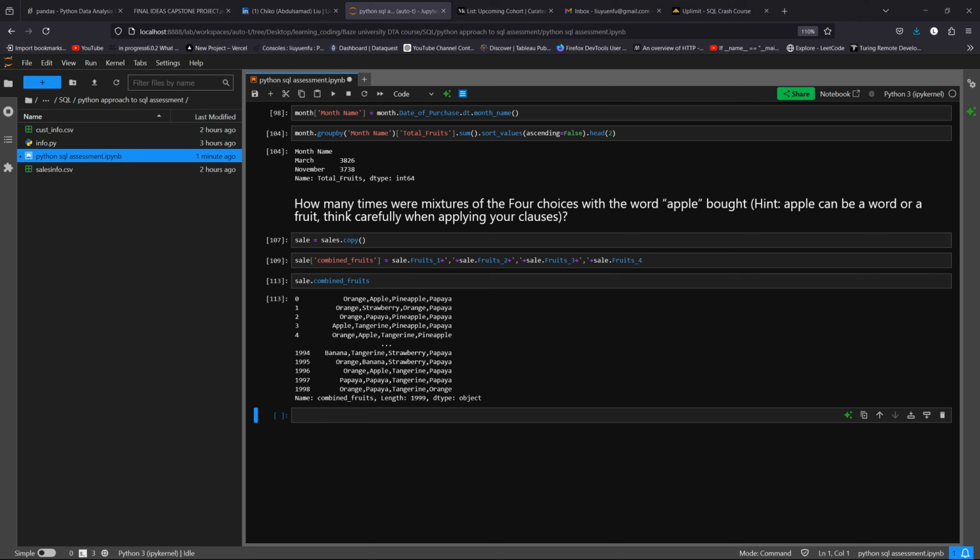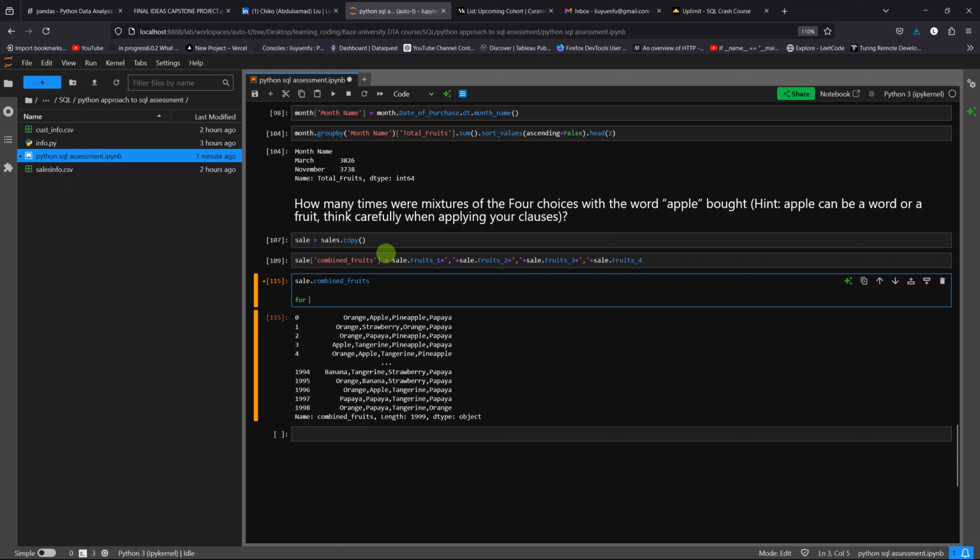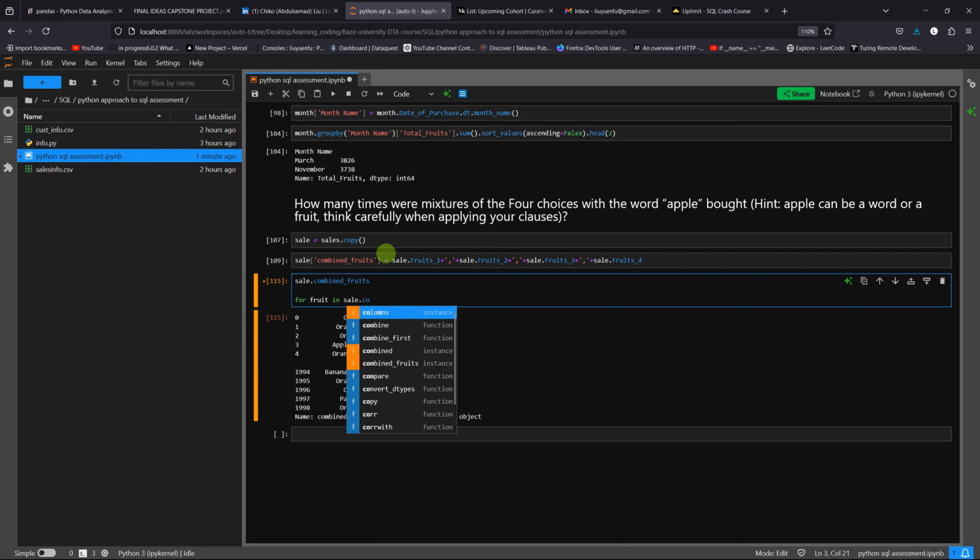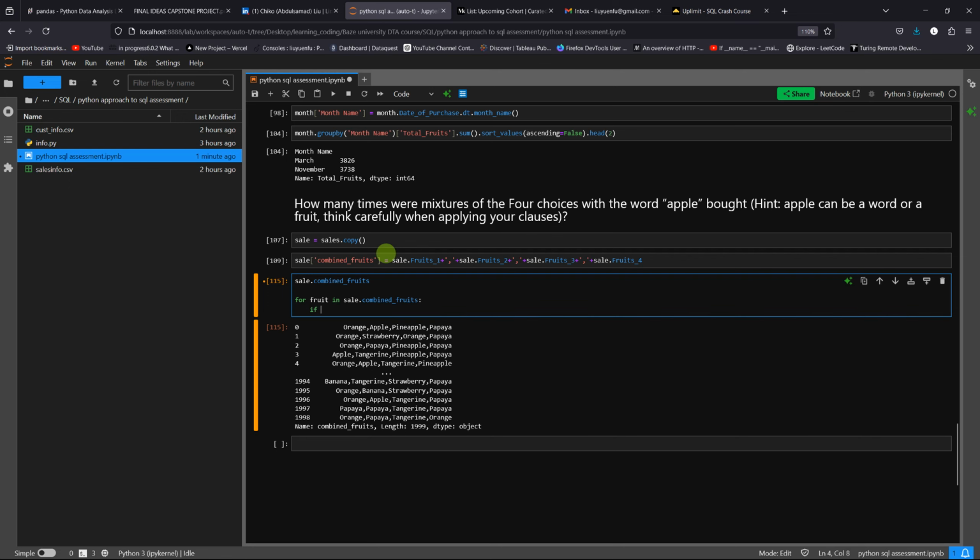Okay, I'm going to loop through this, right? So I can say for fruit in sale combined fruits, if apple is found in, so if apple in fruit,